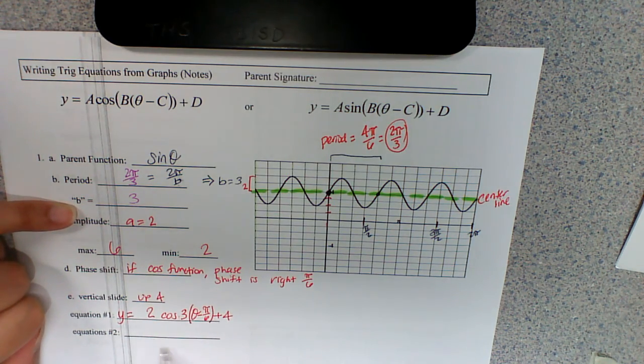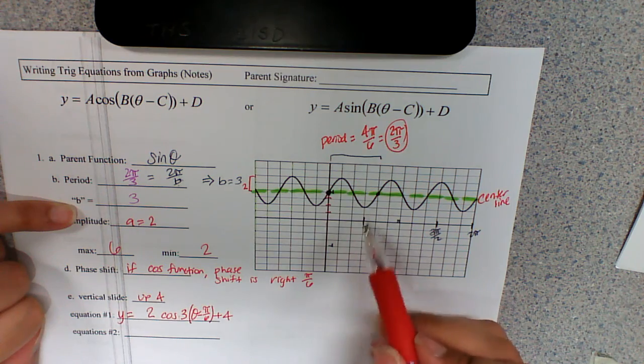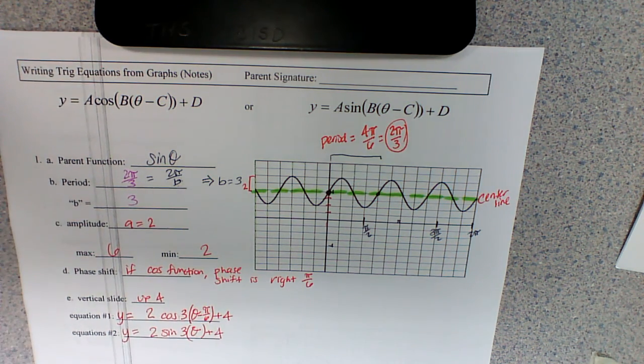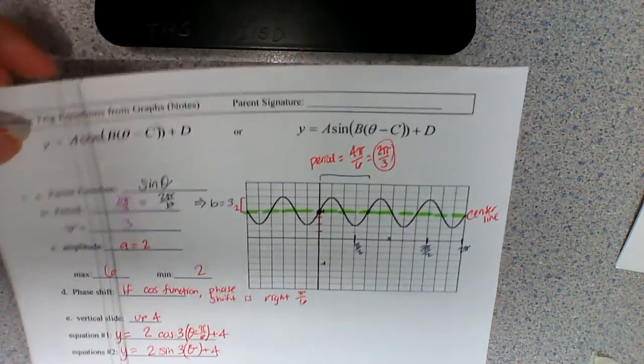Now, if we call this a sine function like we originally recognized, we know there is not a phase shift, but everything else still applies. The amplitude is still 2, the b value is still 3, and the vertical slide is still 4. So y equals 2 sine 3 theta plus 4. And if you want to, you could put theta in parentheses if it makes you feel better. And there you go. Number 2,